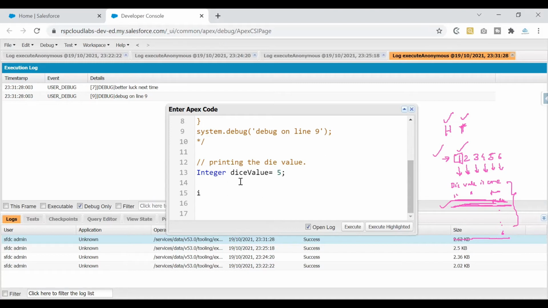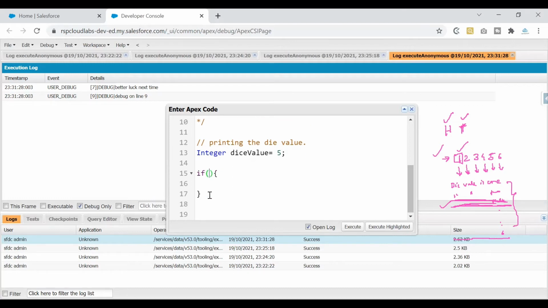Now I'll simply write an if block for the first one. What is the first condition that I need to check? If the die value is 1. If yes, go ahead and print the debug statement. Here is a tip: half of the time your requirement is pretty much in the statement that you are reading out. In case I've written down what exactly I need to do, I can pretty much code from there.